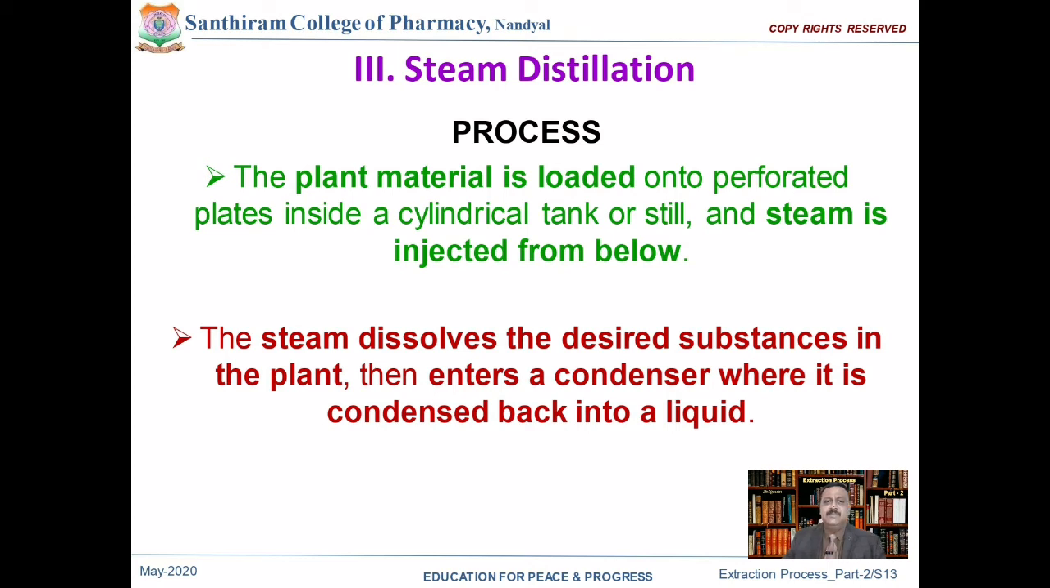Well, so the plant material is initially loaded into the perforated plates inside a cylindrical tank or a still, and then the steam is injected from below. The steam dissolves the desired substances in the plant material, then enters a condenser where it is condensed back into a liquid,